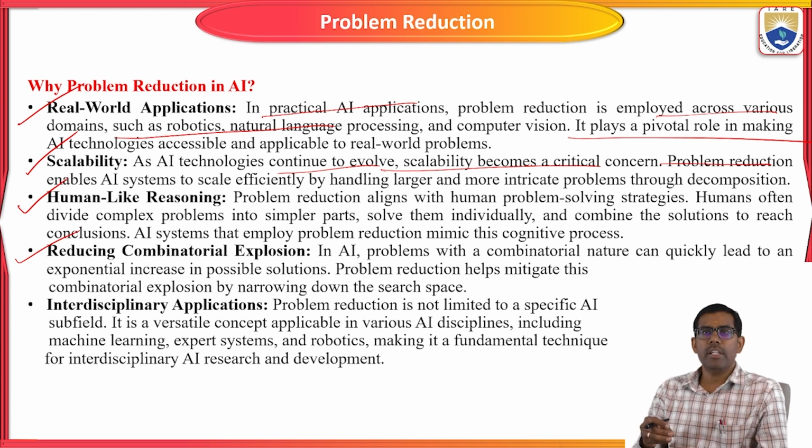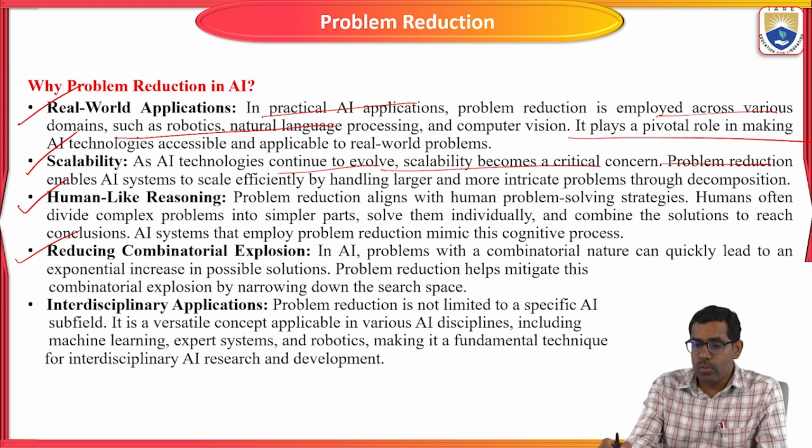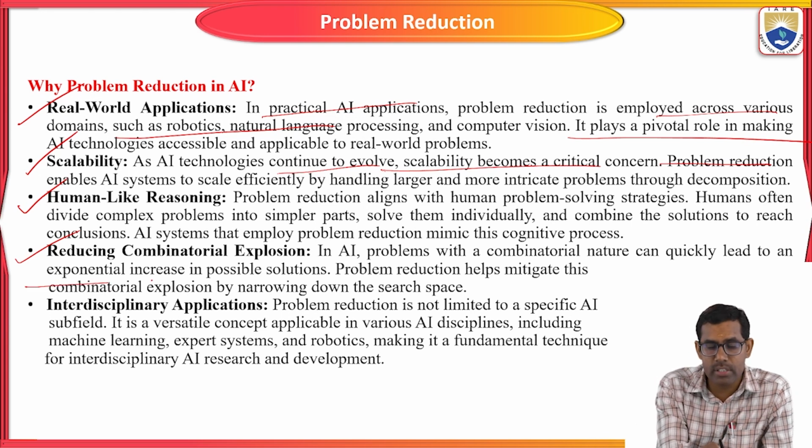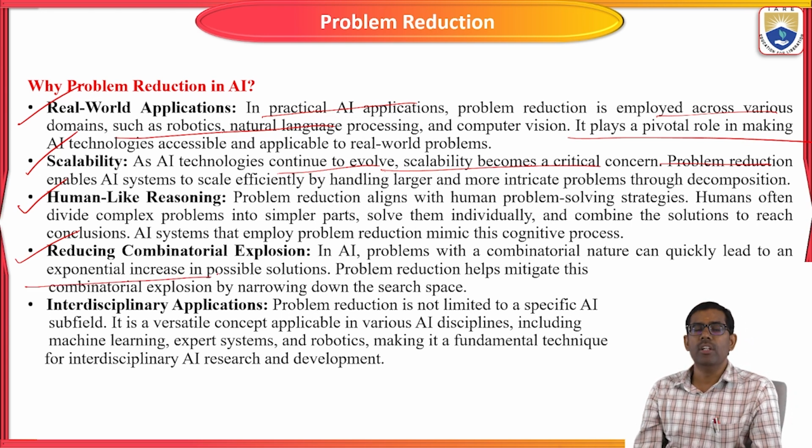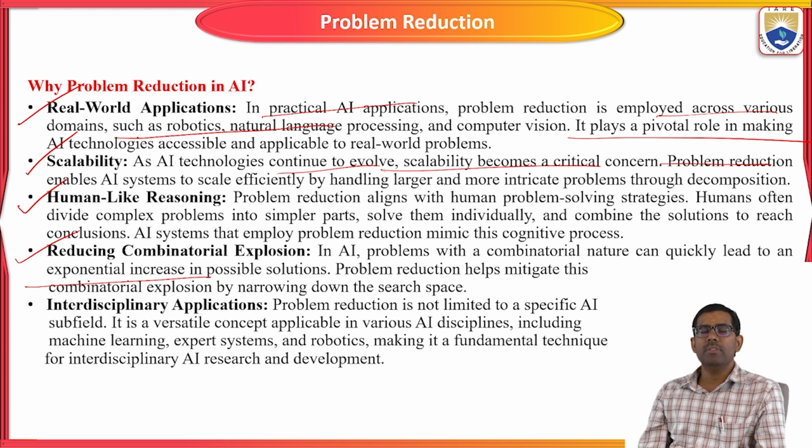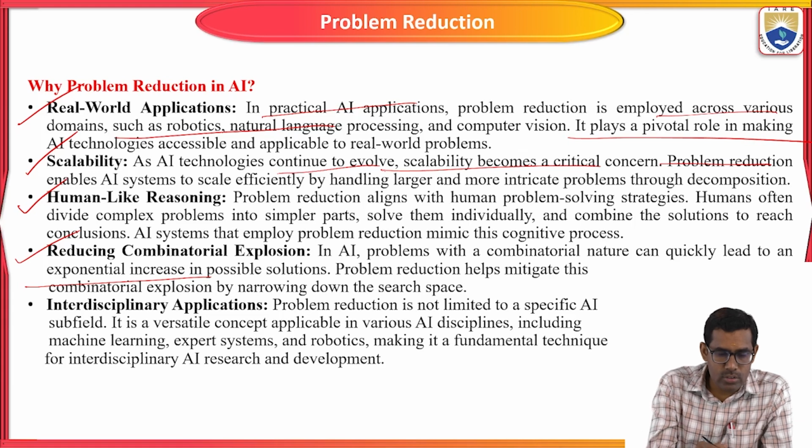Computational exploration can quickly lead to an exponential increase in the possible solutions. Here, the artificial intelligence machine will produce the optimal solution for each and every complex problem. In that way, problem reduction helps to narrow down all the possible solutions to the given problems. Okay, so the next one is